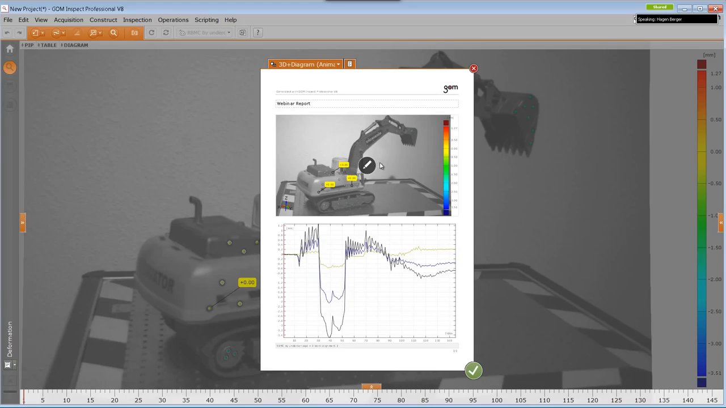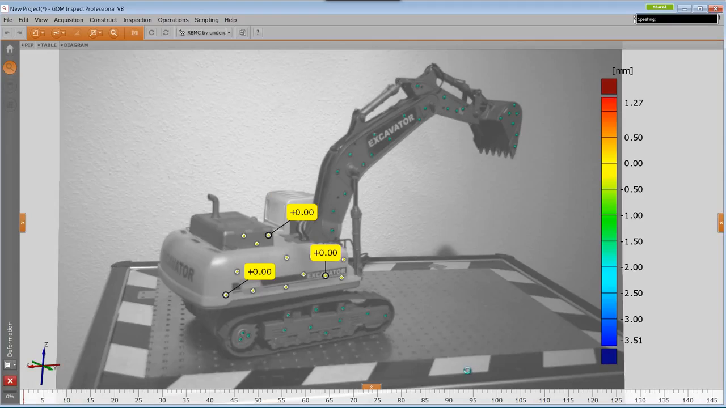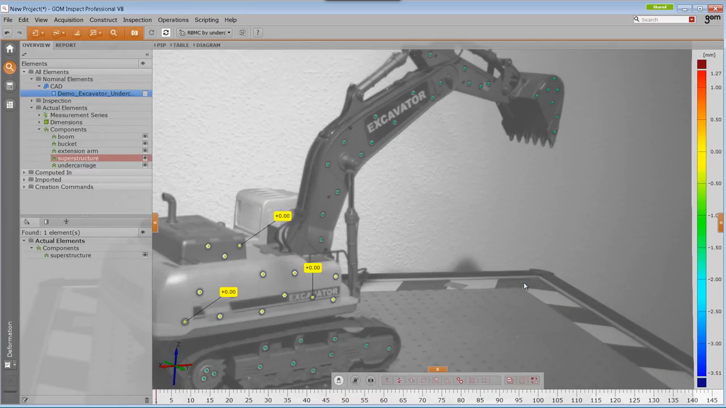Call it Webinar Report. Click OK over here. And what the software is doing now is it goes through all the stages that are visible in the timeline and creates a video file from this. So what we have available afterwards, when the software finished the rendering, is if I go to the report workspace